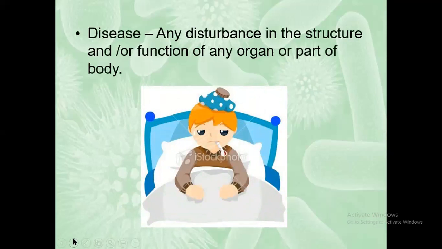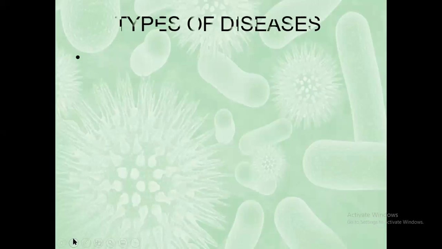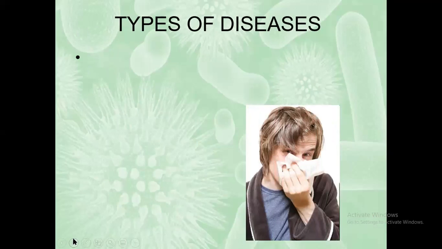What is disease? Any disturbance in the structure or the functioning of any organ or a part of the body is termed as disease. There are different types of diseases,